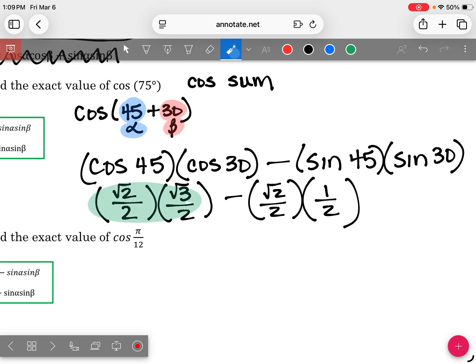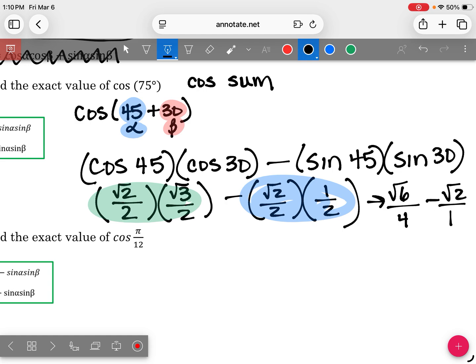You can multiply two radicals together. So you can take the 2 times 3. So root 2 times root 3 is actually root 6. And 2 times 2 is 4. Minus, you multiply these together. Root 2 times 1 is root 2. And 2 times 2 is 4. So you would have root 2